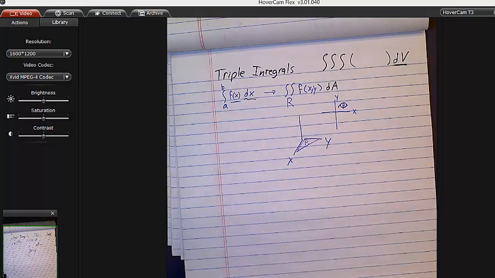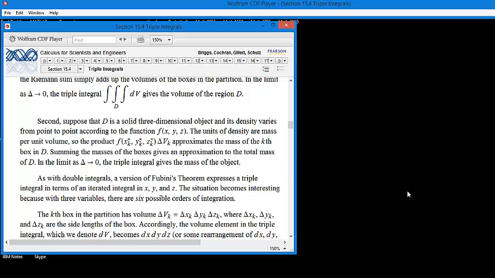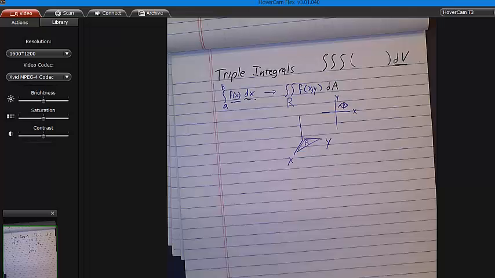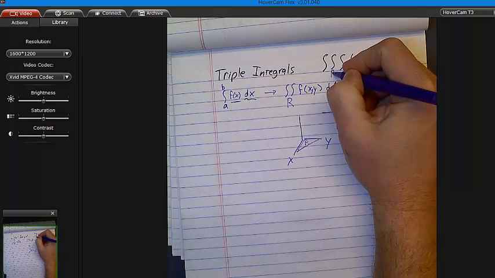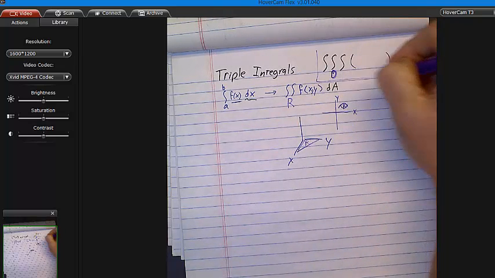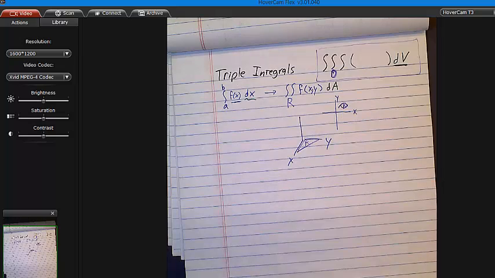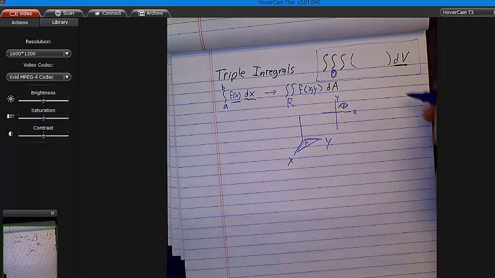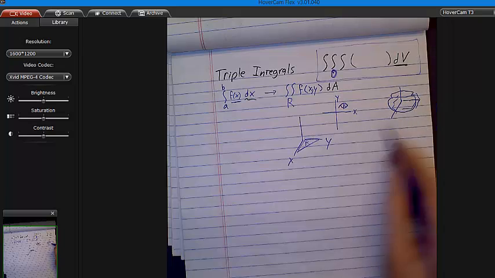And this is where I want it back, because your book uses a D, which is some three-dimensional solid object, right? So just like for double integrals, we're going to use R. This is very interesting, I think. My D here, what is D? Well, here's the triple integral, right? And so now I picture I'm in 3-space and I have some massive three-dimensional object instead of R,